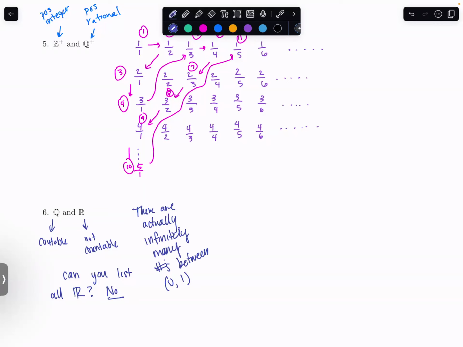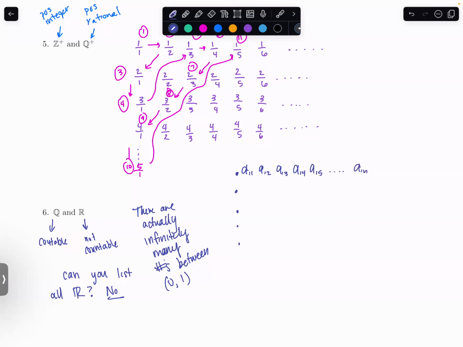Cantor did this originally. This is kind of confusing, and not being able to see your faces is going to make this look weirder, but we're going to suppose that we can. This is a proof by contradiction. Let's suppose we can make a list of all possible numbers between 0 and 1. So this is a decimal. So we have A11, A12. These are just numbers in a list. We're supposing we can list all of them